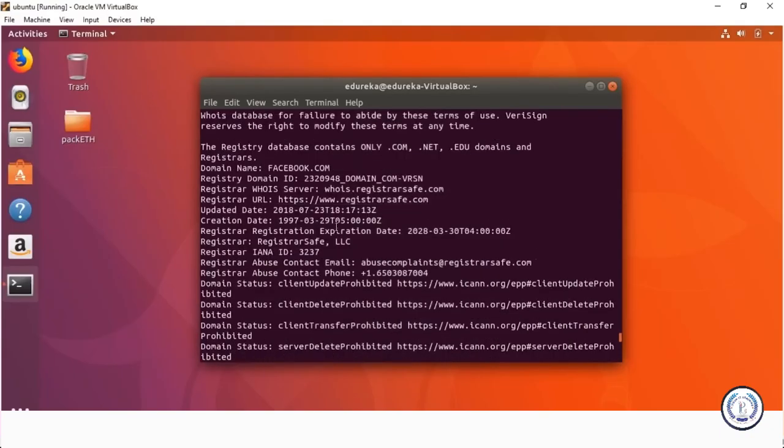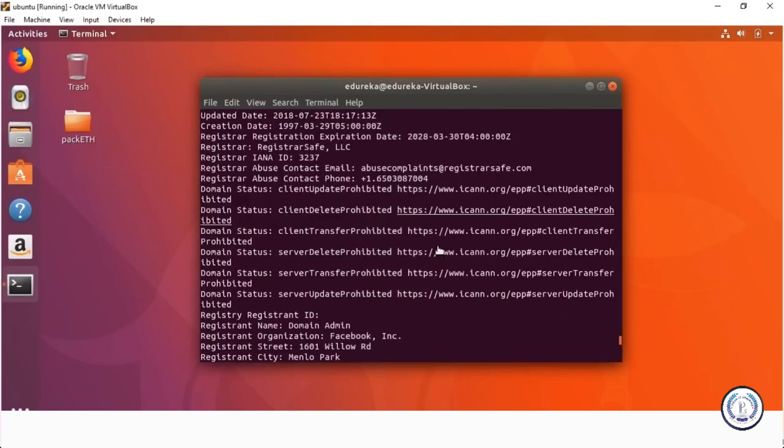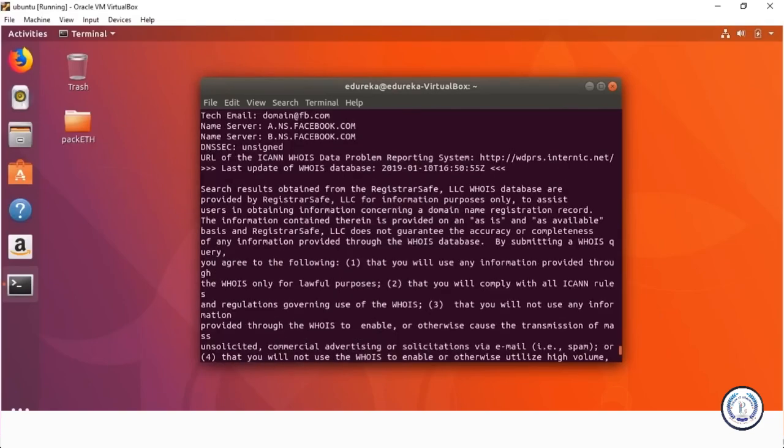Now, I want to query a different IP address, and different information belongs in the different regional internet registries, of course. So if I want to go to a particular database, I would have to use the -h flag. So I could do whois -h ARIN net and the IP address, and I'm going to query that again. And of course, I get the same information back because I went there. So you could just go whois -h and then follow it with an IP address. So something like